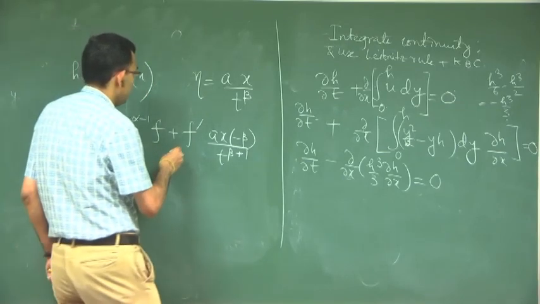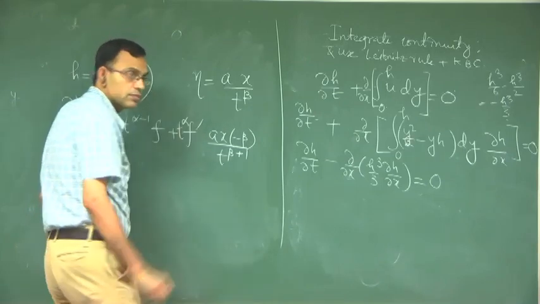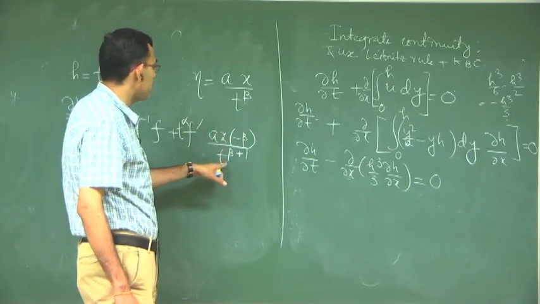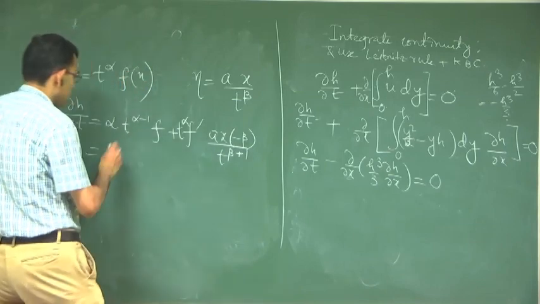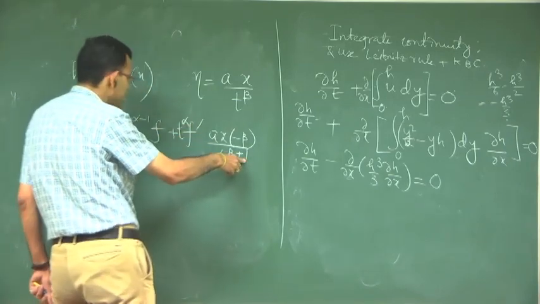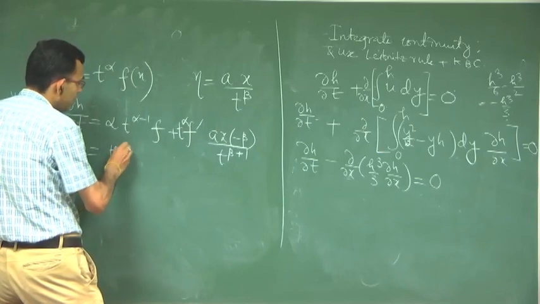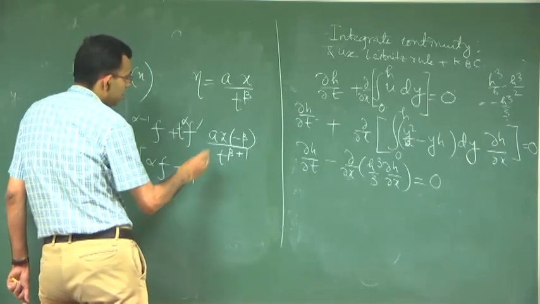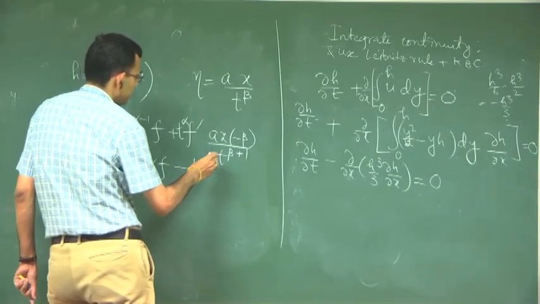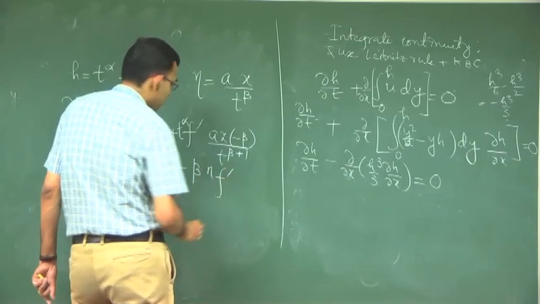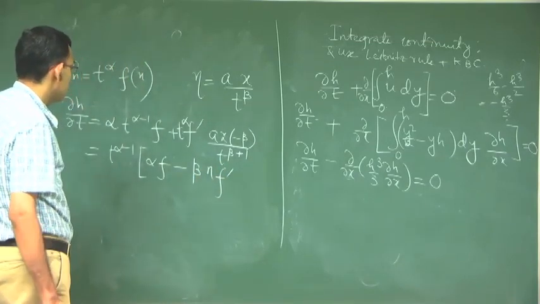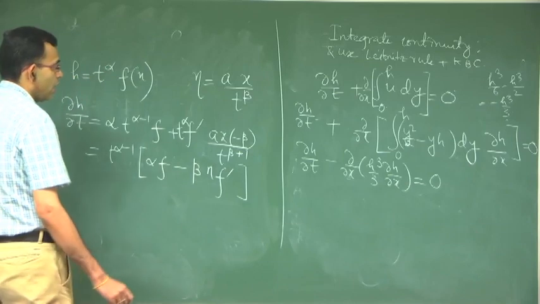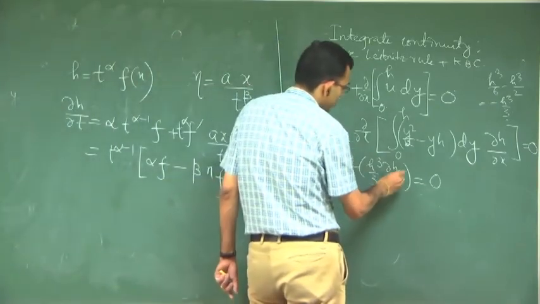There is a t to the power alpha, right. A x by t to the power beta is eta. So, and this t to the power alpha minus 1 makes it t to the power alpha minus 1. So, t to the power alpha minus 1 alpha f minus beta eta f dash, okay. So, we have calculated this term, then we have to calculate this term,